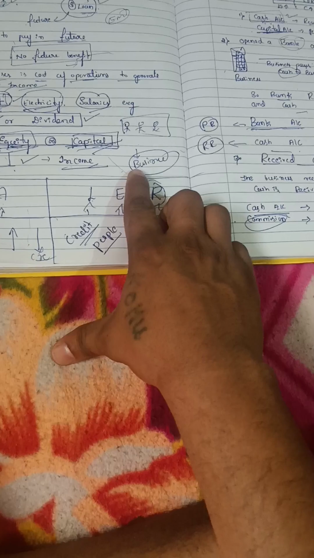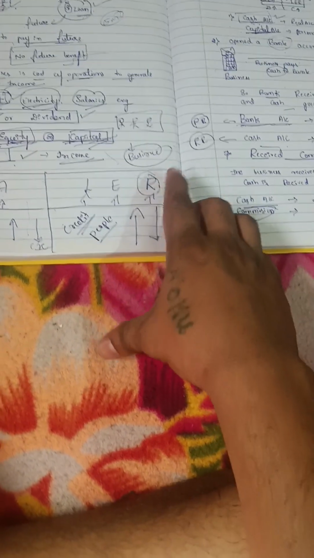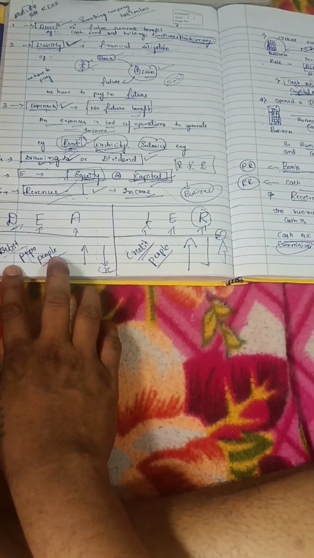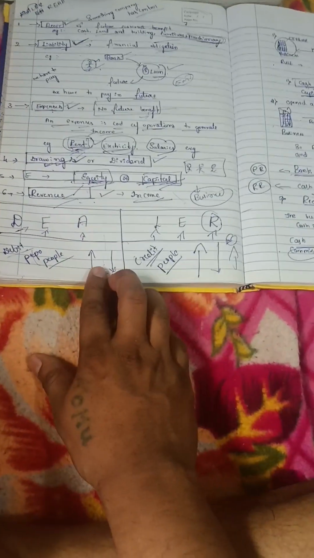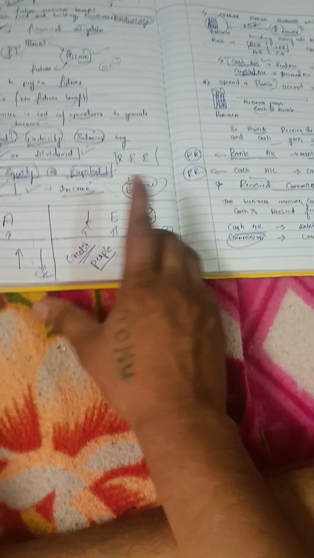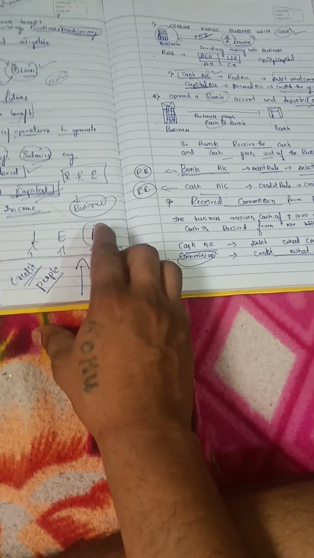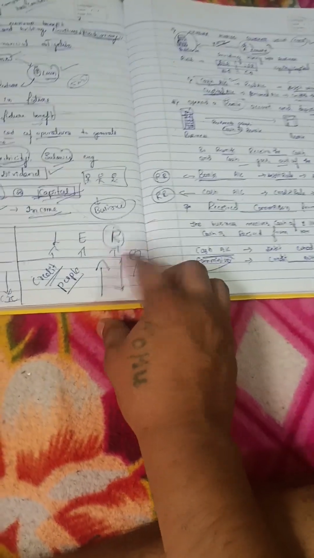Same logic here. If drawings are decreasing, credit. If expenses are decreasing, credit. If assets are decreasing, means what? Credit. Same thing here. If liabilities are decreasing, debit. If equity or capital is decreasing, debit. If income or revenue is decreasing, means what? Debit. This is the rule, and going forward we'll discuss simple general entries every day, and we'll work on it. We'll rock it together.